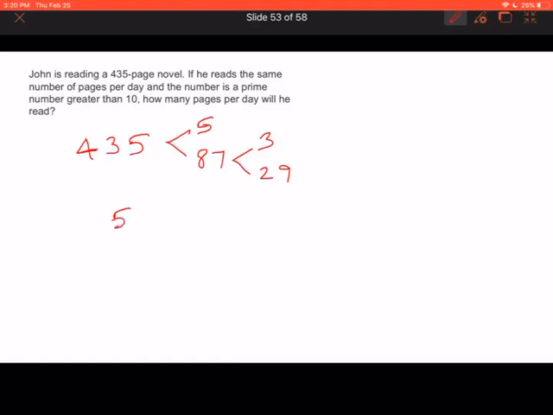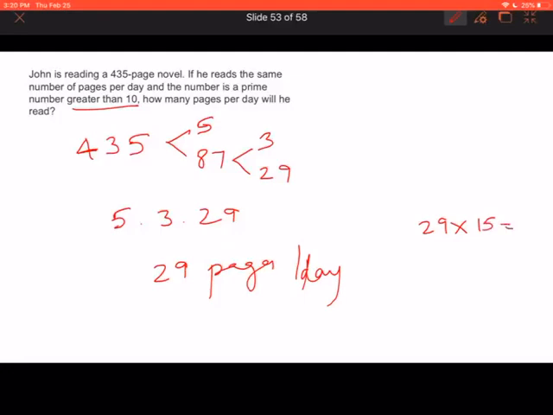So it can be factored as 5, 3 and 29. So 3 factors are there. They want a prime number greater than 10, so 29. It's the only factor that is greater than 10. So he is going to read 29 pages per day, right. So if he reads 29 pages for 15 days, then he can complete the